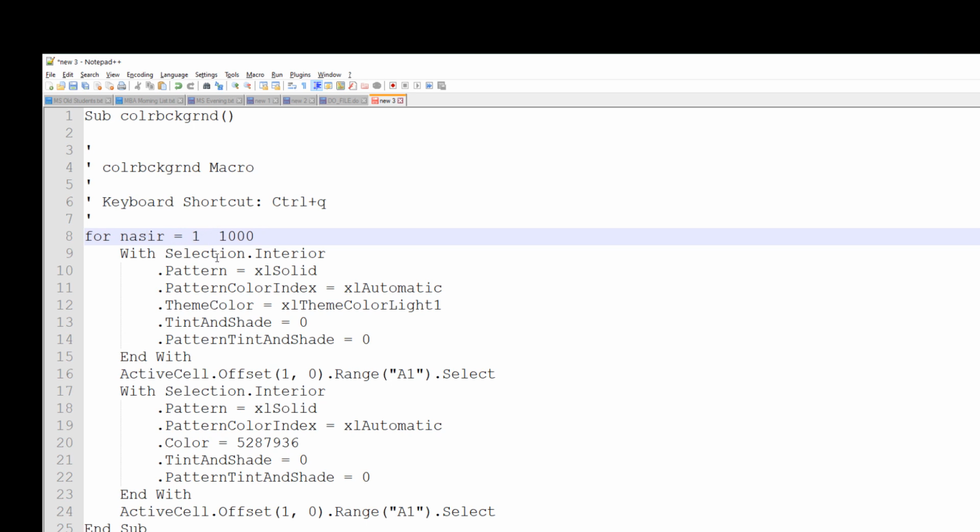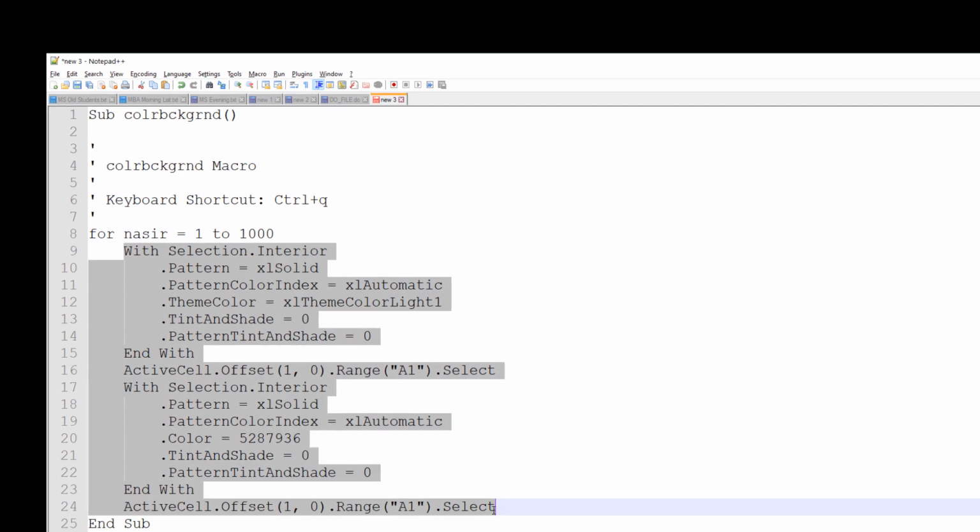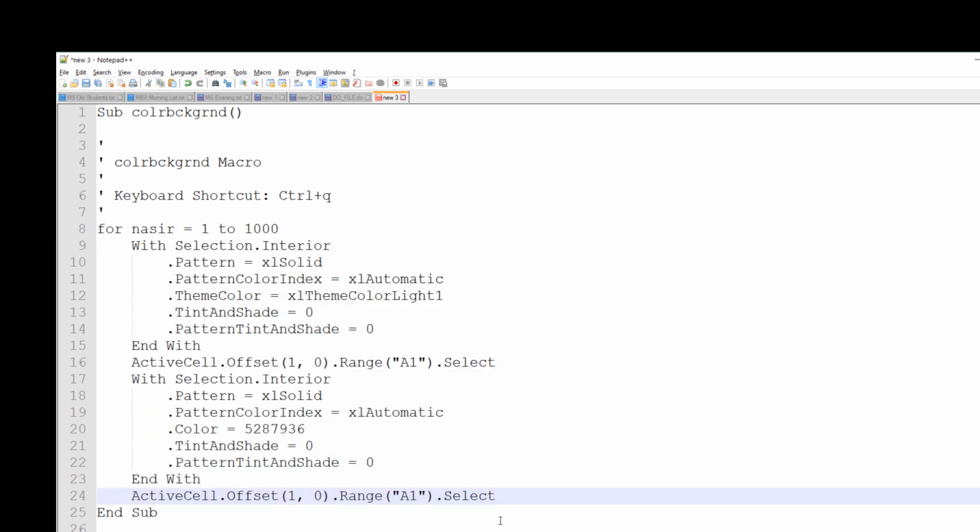For "up to", this specific slash is used in Python; I am used to it, so I am using slash. In Visual Basic we use "to". So for Nasser is equal to 1 to 1000 means that this specific code should be repeated 1000 times.